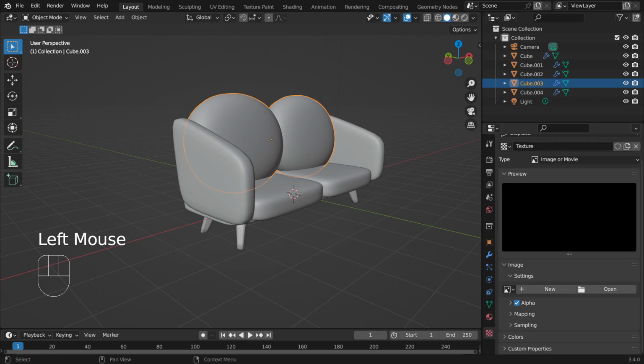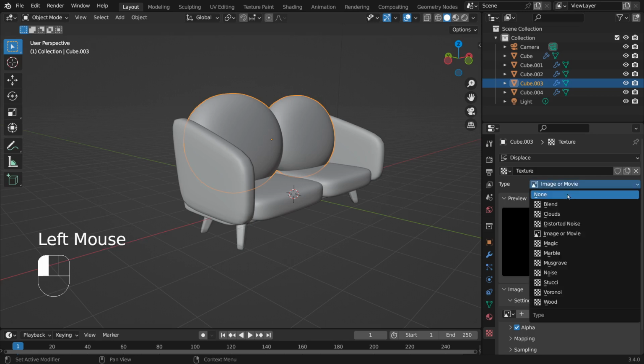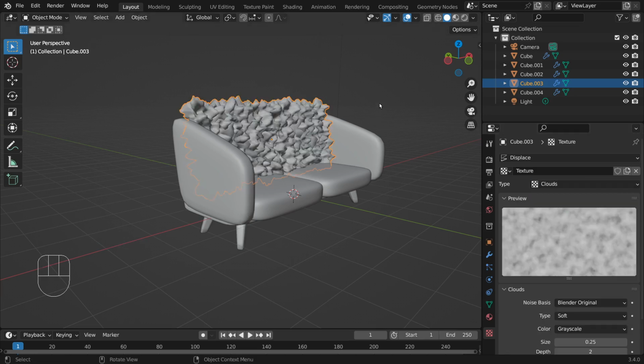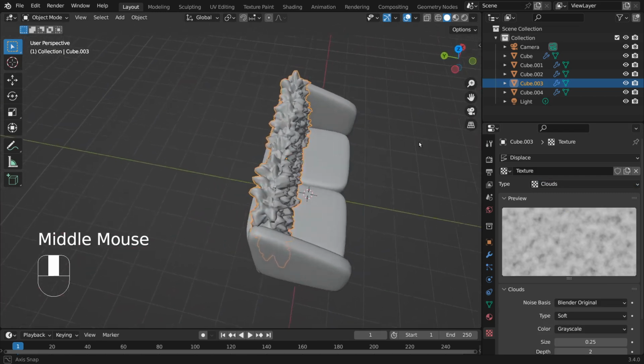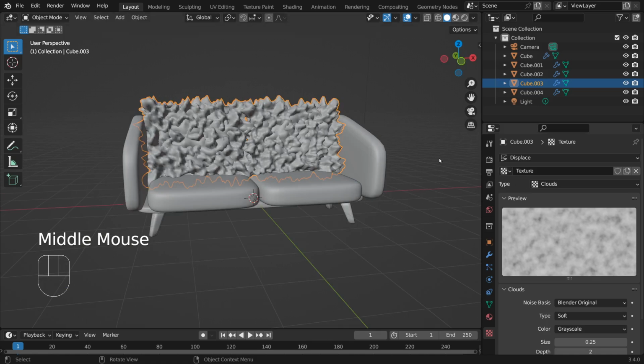So here's the interesting part. You are going to apply the texture to make this model look better. So this is sort of like the texture of this shape. And if you look at the type, this is image or movie, and it allows for image and movie to be used as texture. But for now, I think the cloud looks pretty good, so I'm going to use cloud to do that. So as you guys can see, we get a cloud texture and use this texture as the displacement,